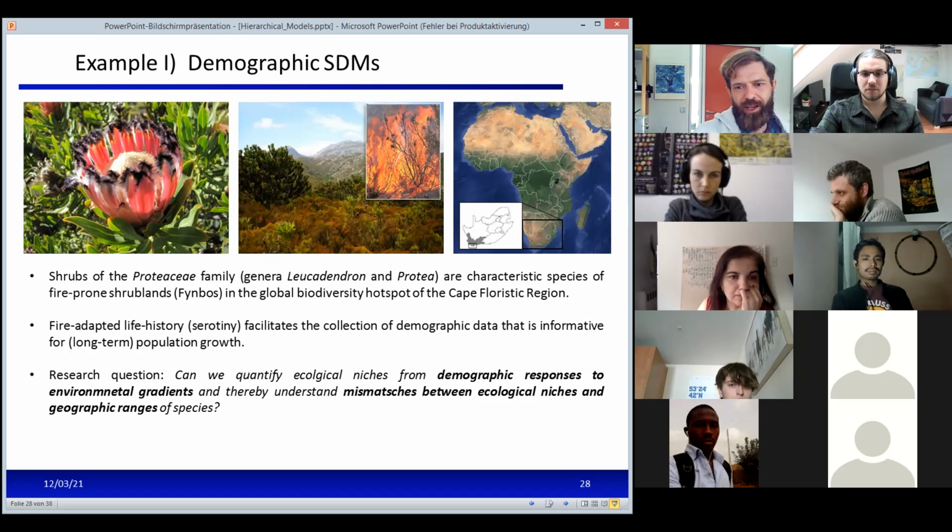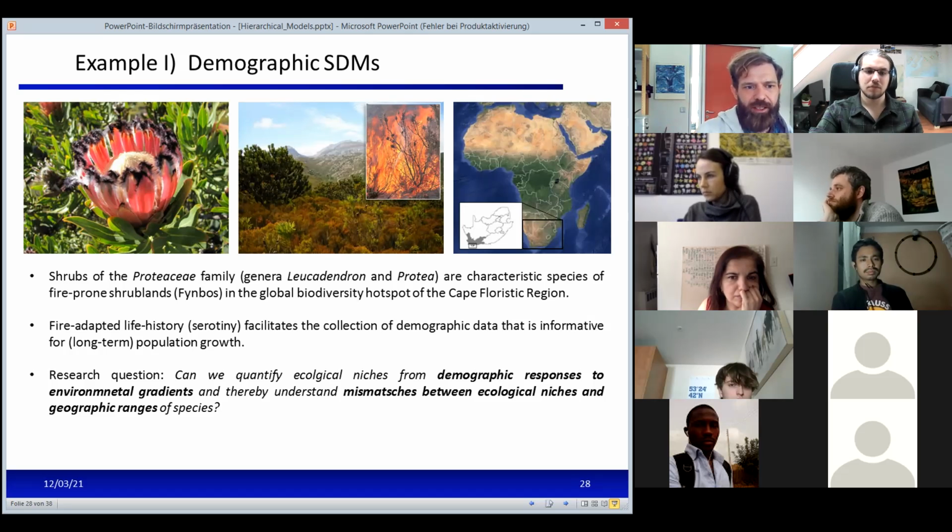tried to develop so-called demographic species distribution models, where we describe the distribution of species not by models fitted to the occurrence data of species and by parameterizing relationships between environmental covariates and the occurrence probability,